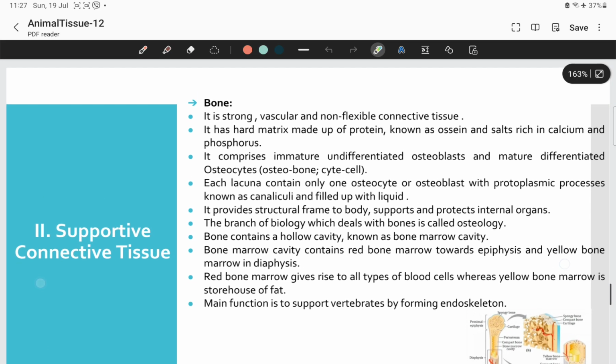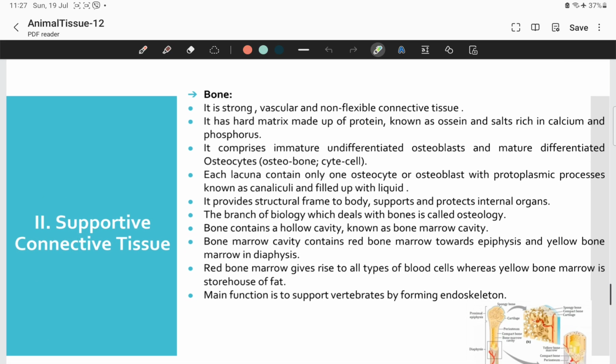Now let's go to another supportive connective tissue, which is bone. So bone, you already know, it is strong and vascular, means it is supplied with blood vessels, and it is non-flexible because of deposition of calcium and phosphorus minerals. And its matrix has got a protein known as osseinn. In cartilage, there was a protein known as chondrin, and here, in the case of bone, its matrix has got a special protein known as ossein, and the salt, which is rich in calcium and